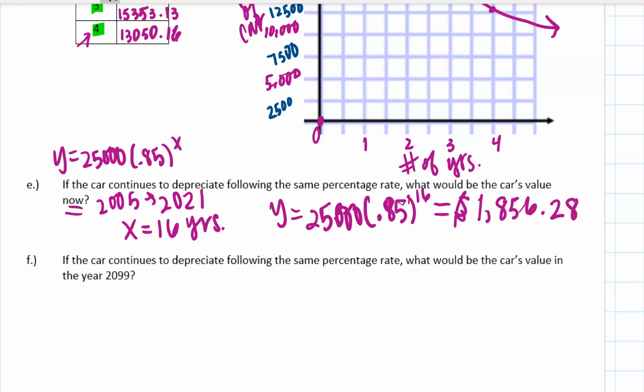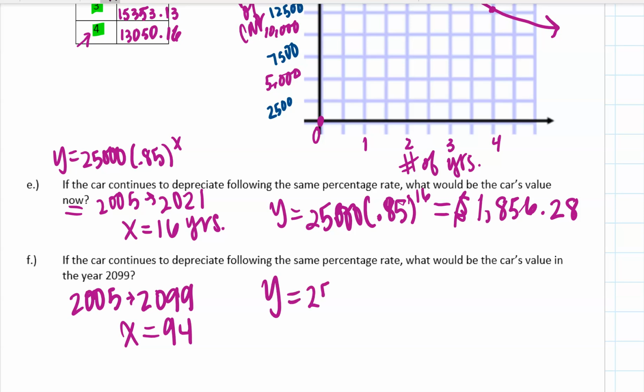So for part F, if the car continues to depreciate following the same percentage rate, what would the car's value be in year 2099? So we need to go from 2005 to 2099. So that x value, our years, is going to be 94. Okay, 94. So we have y equals 25,000 times 0.85 raised to 94. Okay, so when you do your calculations,